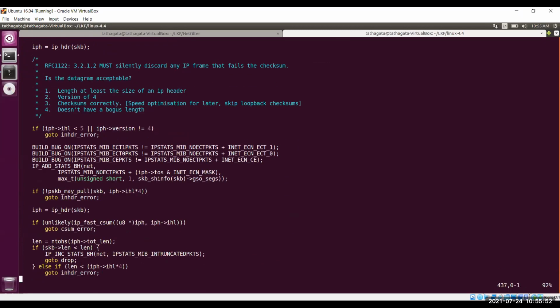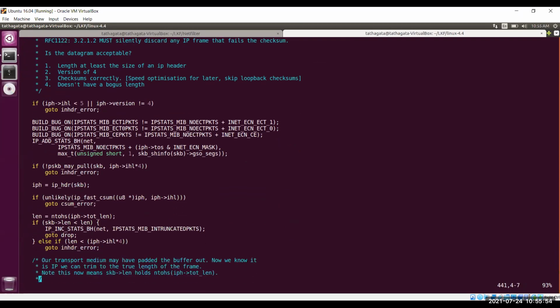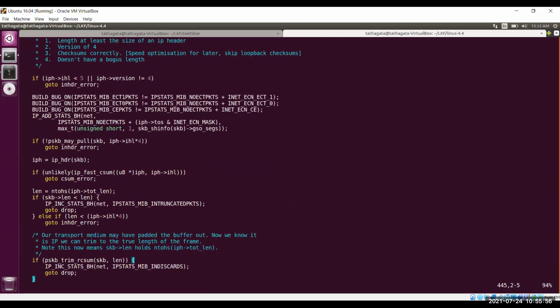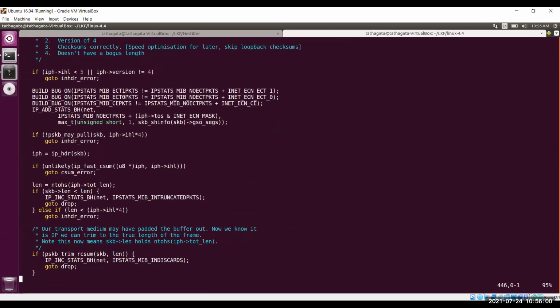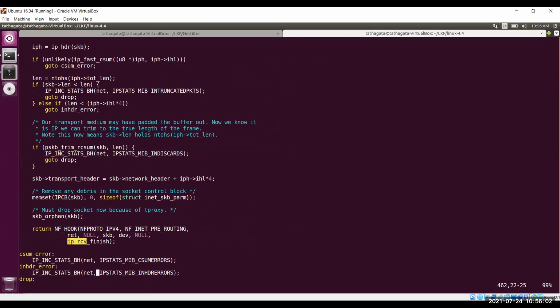Once that is done and the IP layer is more or less satisfied with the IP header of the received packet, then the hook point is getting called, this one. If you want to have your own hook point, I'm not talking about your own callback routines, I'm talking about your own hook point.